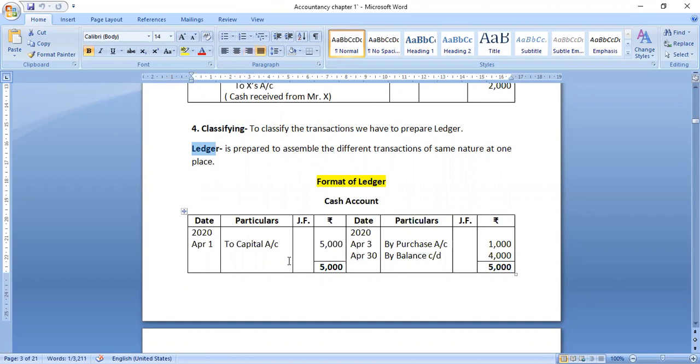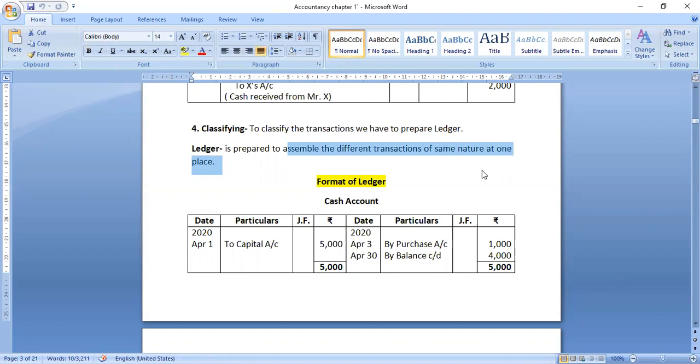Ledger is actually prepared to assemble the different transaction of same nature at one place. Assemble मीन्स इकट्ठा करना है, एक जगह इकट्ठा करना है। डिफरेंट ट्रांजेक्शन ऑफ सेम नेचर जैसे हमारे बिजनेस में परचेज भी होती है, सेल्स भी होती है, इलेक्ट्रिसिटी बिल भी दे रहे हैं, रेंट भी दे रहे हैं, बहुत सारी चीजें जो रिपीटेड होती ही रहती हैं।